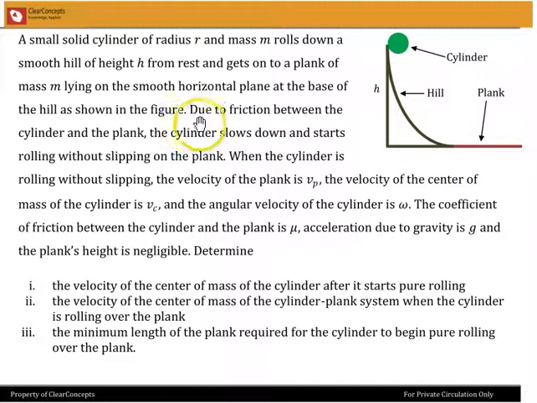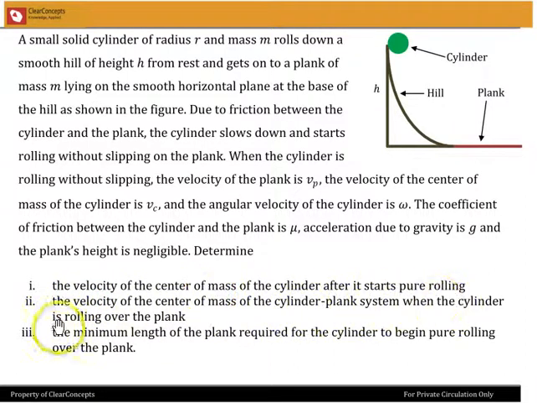plank. Due to friction between the cylinder and the plank, the cylinder slows down and starts rolling without slipping on the plank. When the cylinder is rolling without slipping, the velocity of the plank is Vp, the velocity of the center of mass of the cylinder is Vc, and the angular velocity of the cylinder is omega. The coefficient of friction between the cylinder and the plank is mu, acceleration due to gravity is g, and the plank's height is negligible. We have to determine the velocity of the center of mass of the cylinder after it